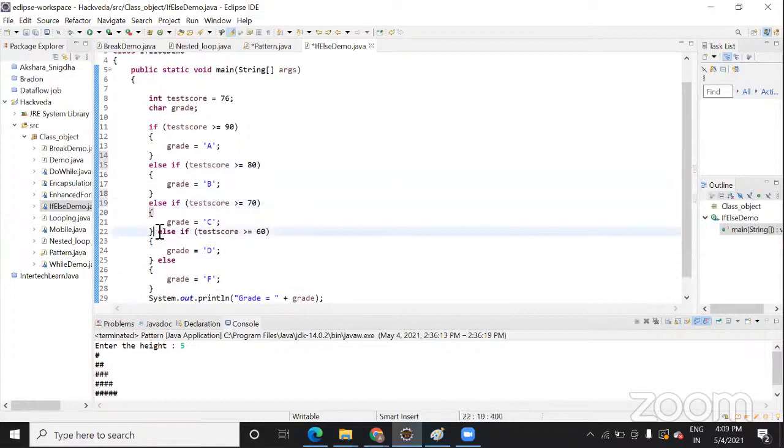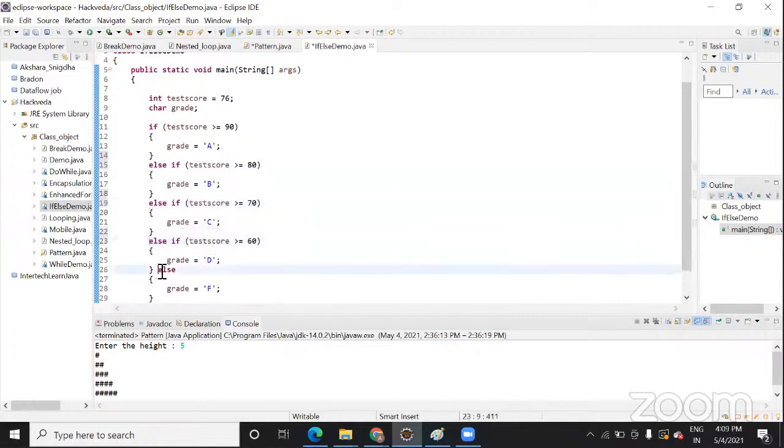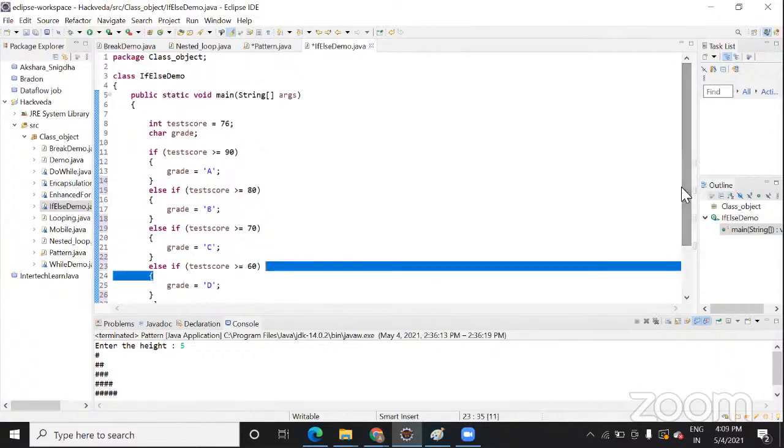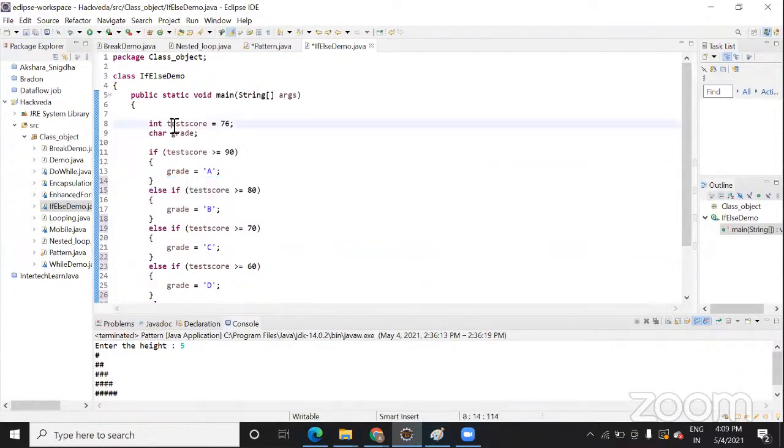I will share some more code today so that you can practice it. You can see my screen, right? This is an if else condition, if else if. Here we have taken one variable as a test score, and we have initialized one value, and we are trying to check in which grade the student falls. I'm adding a comment so that it will be easy for you when you go through all this code.